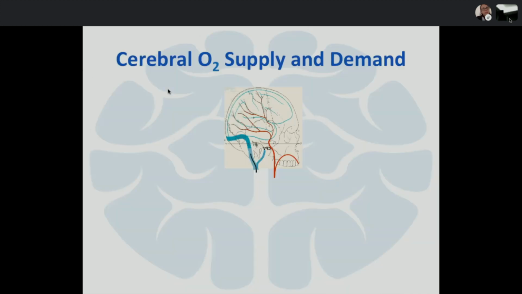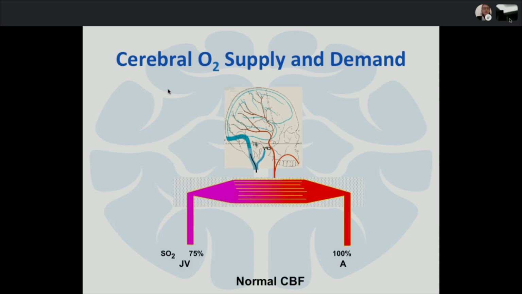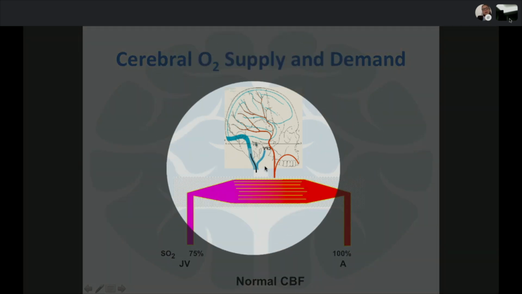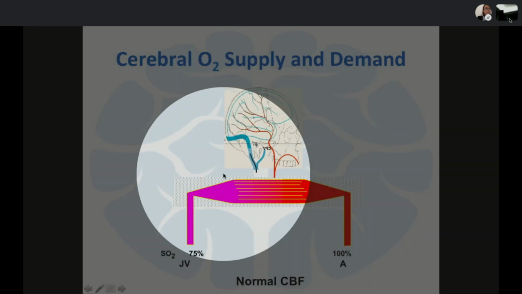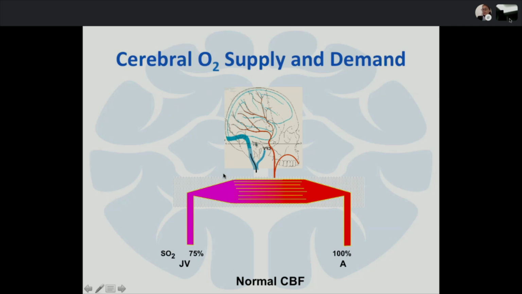So let's talk a bit about pathophysiology. I'm sorry, I am a bit boring, but we talk about pathophysiology. It's all about an equilibrium between the cerebral supply and demand of oxygen. So if we have here our brain and the brain circulation, we have an arterial compartment and a venous compartment. So what does happen? When we are in a condition of a normal cerebral blood flow, we have an inflow, which is the arterial compartment, which delivers blood to the brain, and afterwards, basically, this presents a 100%